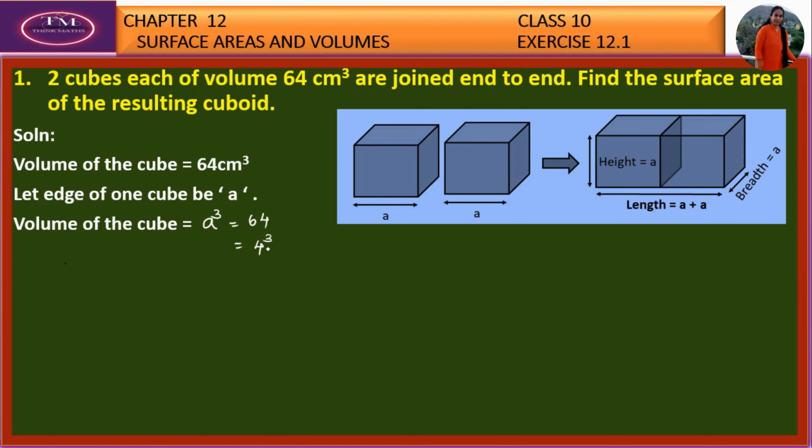4 fours are 16, and 16 into 4 is 64. So a cubed equals 64. If we take the cube root on both sides, the cube and the cube root cancel, so a is equal to 4 cm. So the edge of one cube is 4 cm. Both the cubes have the same volume, so both their edges will be 4 cm. So the edge of the other cube is also